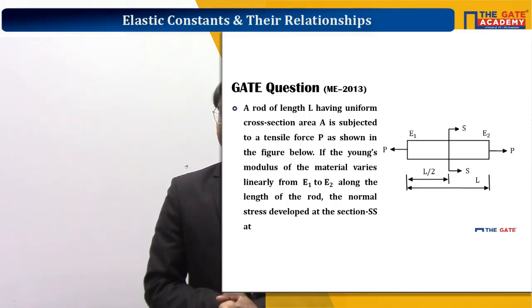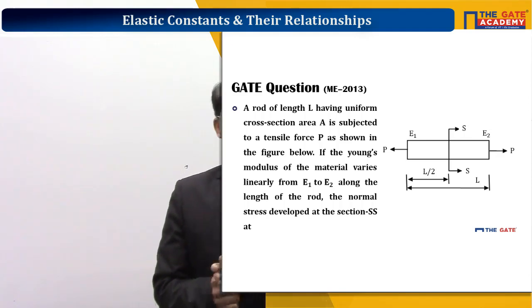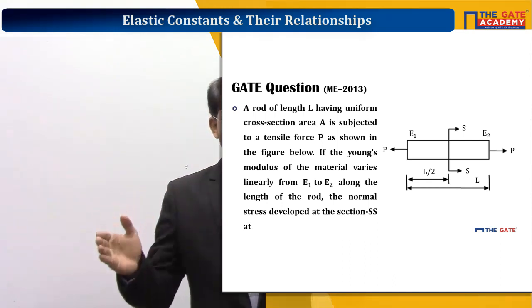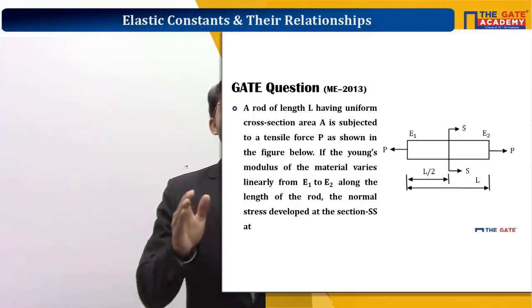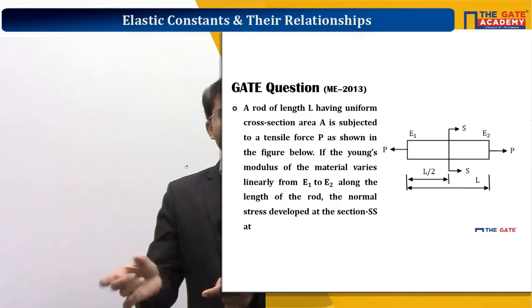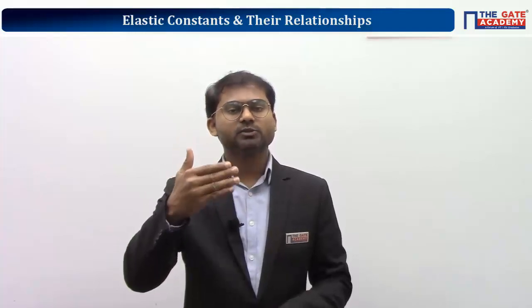Here, they are given a case where the Young's modulus is going on varying from left side to right side, and that is not going to affect the value of stress. Because we studied Young's modulus and understood that Young's modulus decides the value of strain, not the value of stress. Stress will be giving rise to strain, and Young's modulus is the deciding parameter. So how much strain is produced will be decided by Young's modulus, but not the value of stress. That means the value of Young's modulus does not cause a change in the value of stress.